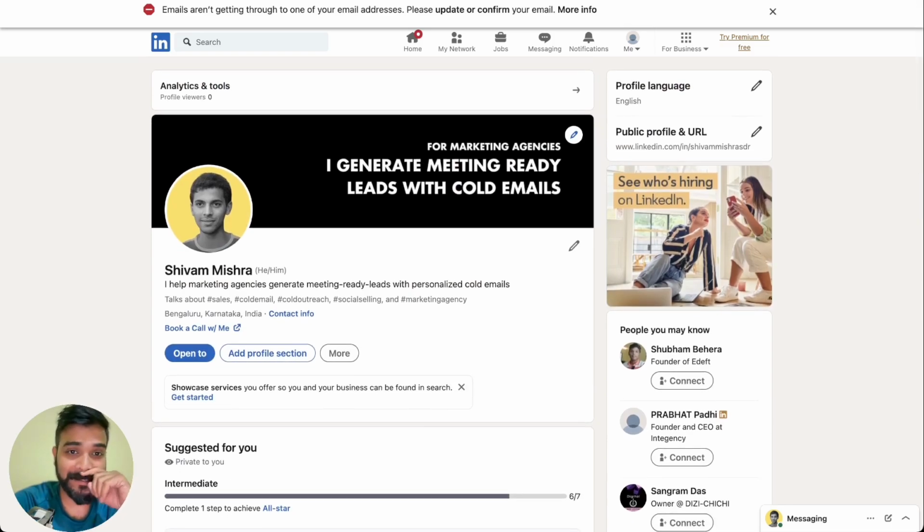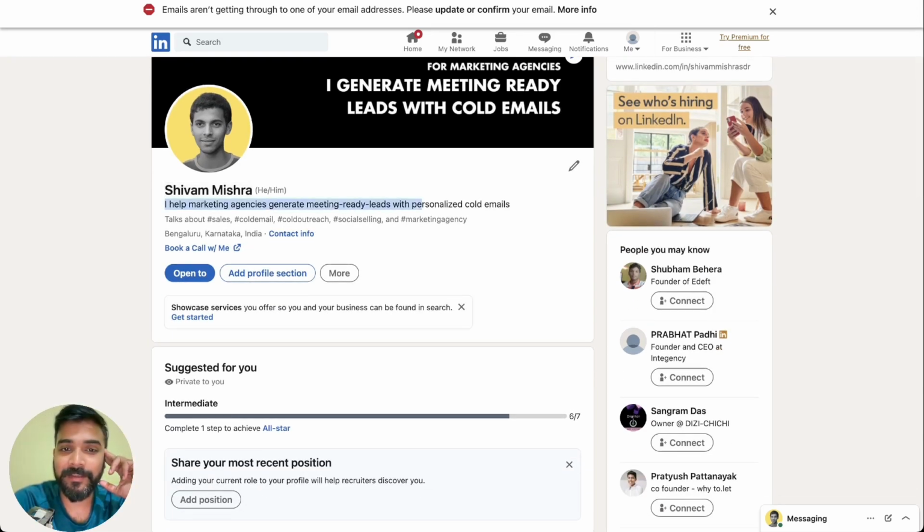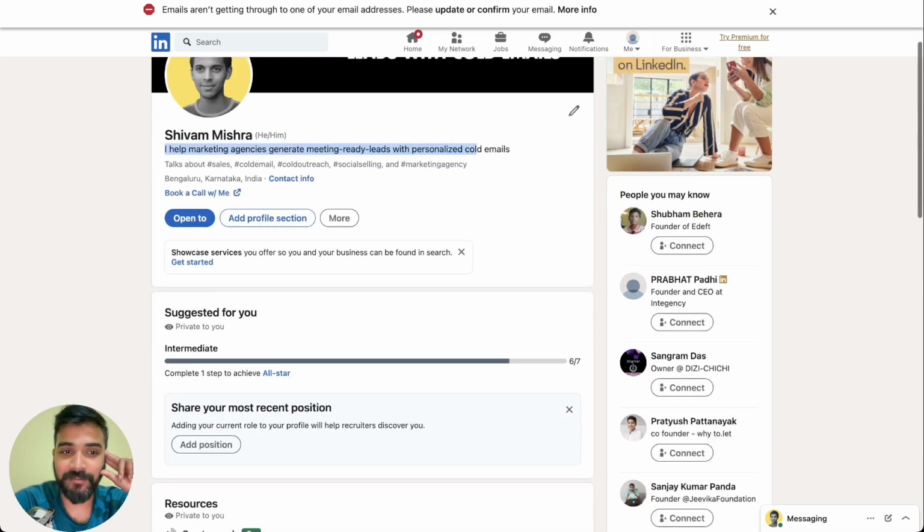Your profile picture needs to have a nice headline which clearly states your offer. Don't make it too fancy. You don't need a graphic designer. Just black background, white text works. Profile picture needs to look a little bit professional. I like to keep it a little bit standing out, and name, your offer, creator mode on,